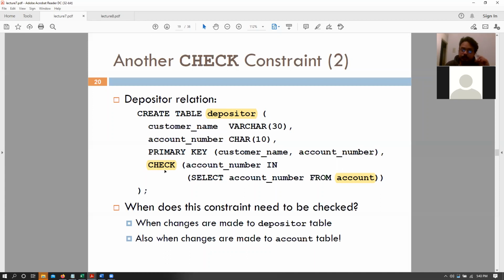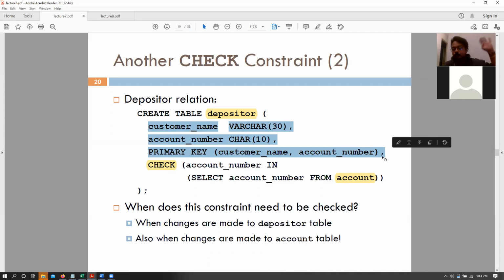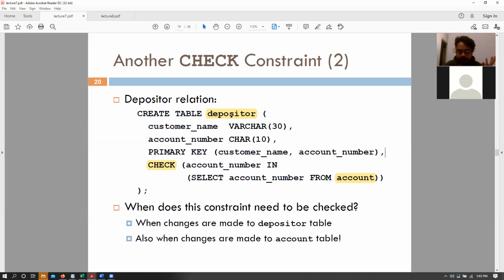And if you wanted to port that particular table to MySQL, MySQL used to just ignore this entire check constraint expression and just had this table with attribute names and primary keys, and that's that. MySQL would have ignored the entire check constraints. Nowadays, MySQL allows check constraints, but essentially that is something that we need to remember whenever we are talking about multiple databases. So back to what we were talking about.